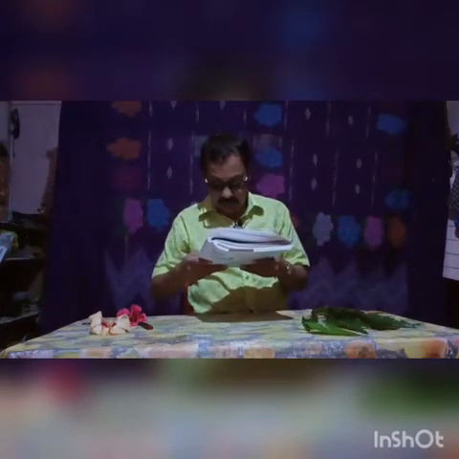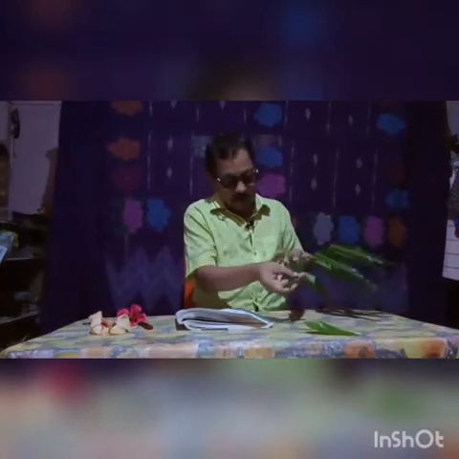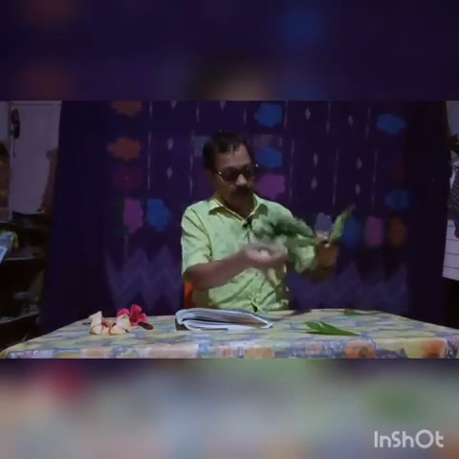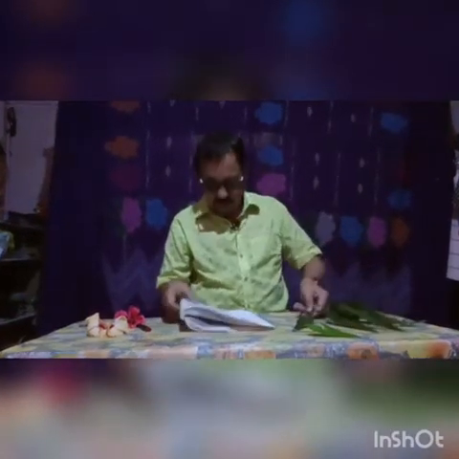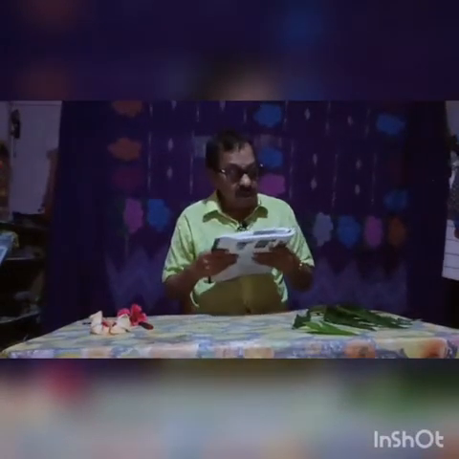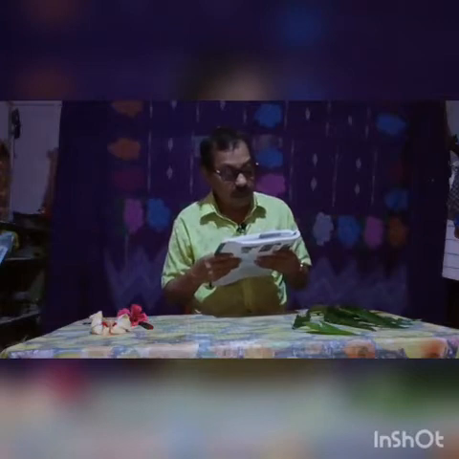Then the midrib. The petiole continues in the leaf as the midrib. So this petiole continues up to this. It is called the midrib. On the upper side, see that it goes up to this. It is called the midrib. Then the midrib branches out to form a network of veins.